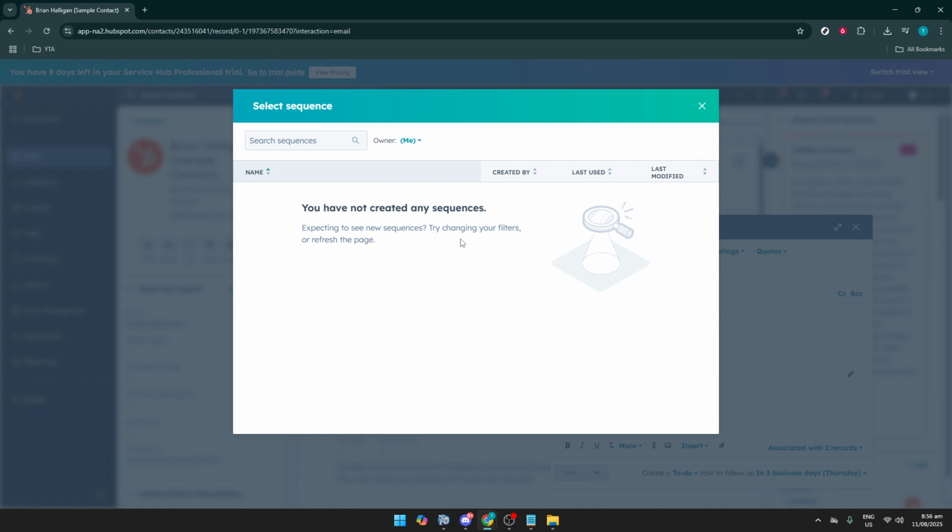You've successfully navigated to enrolling a contact in a sequence in HubSpot. By following these steps, you've not only streamlined your communication process, but also leveraged HubSpot's powerful tools to enhance your marketing and sales efforts. I hope this guide has been helpful, and remember, the key to successful contact management is consistent and